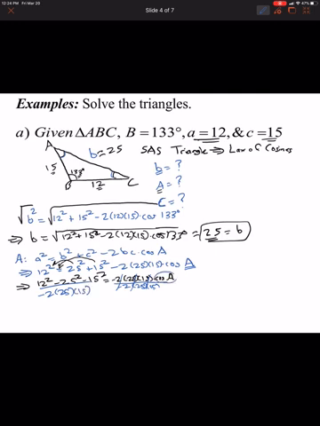So now we found cosine of A. So what does the cosine of A equal? It equals this fraction here: 12 squared minus 25 squared minus 15 squared over negative 2 times 25 times 15. Now that's the cosine of A. So what would A equal? A would equal the cosine inverse. So we can swap these out, interchange with inverse characteristics. So cosine inverse of 12 squared minus 25 squared minus 15 squared divided by negative 2